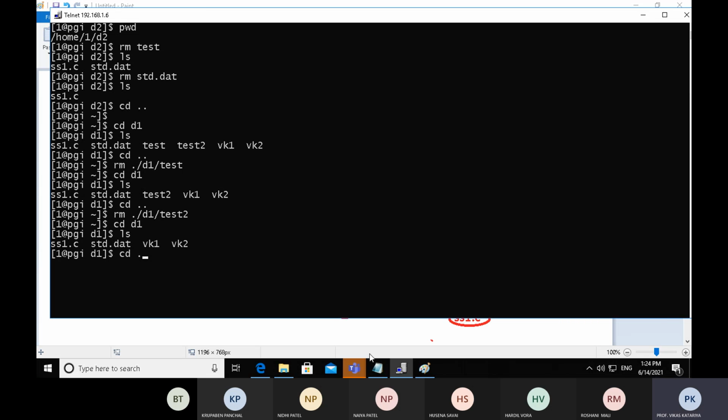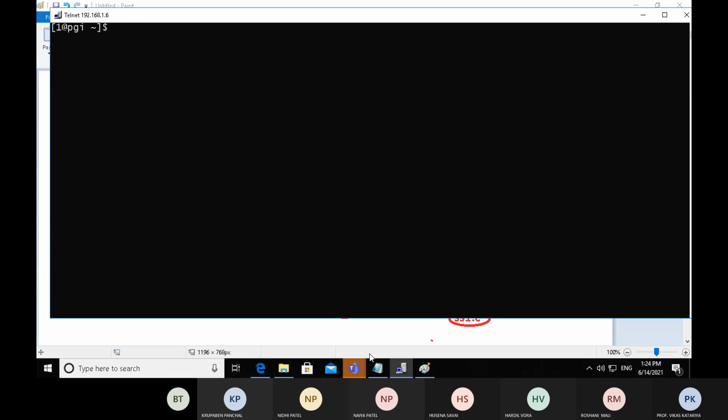Now cd space double dot, cd d1, ls. There are 4 files. rm space, and so on, to execute the rm command.